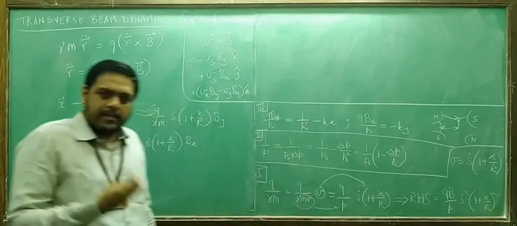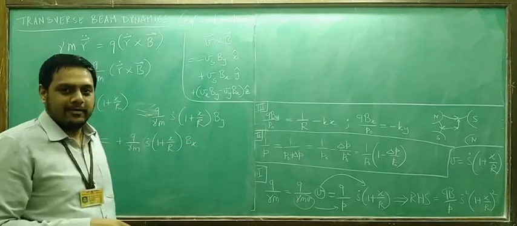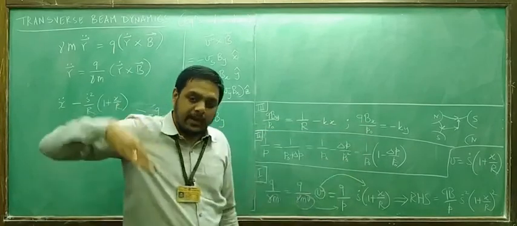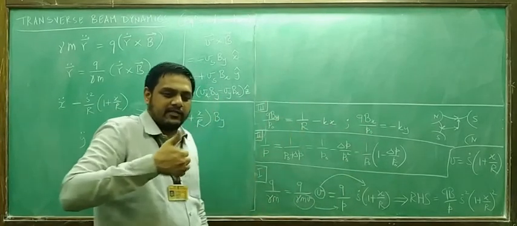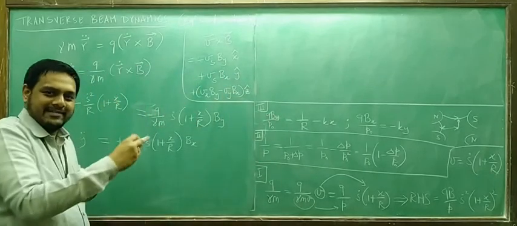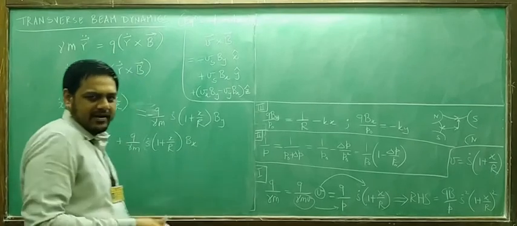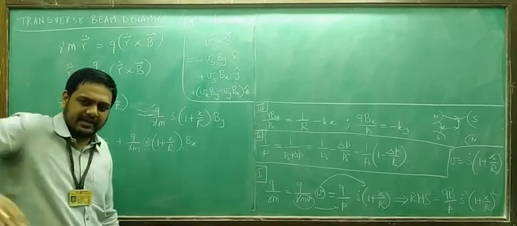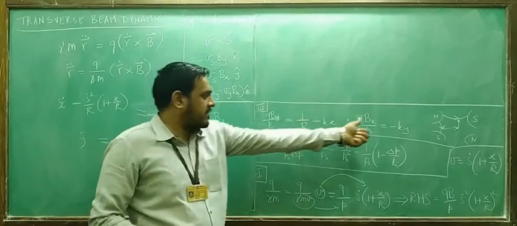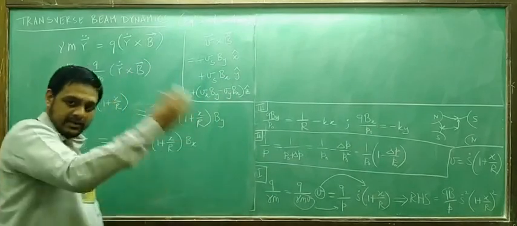Otherwise tomorrow everything goes for a toss, because you have to go back to the stage where you neglected y hat dot, or rather made it 0. Because if there is a dipole magnet which is going to bend the beam this way, then y hat dot, which was initially like this, will now be like this. You bring back all the old algebra and do it again. We are not doing that because we have already established that this is an accelerator in one plane and stuff like that. But that is the justification for not having 1 by r here. If 1 by r is here, then a lot of other complications arise in the whole derivation.